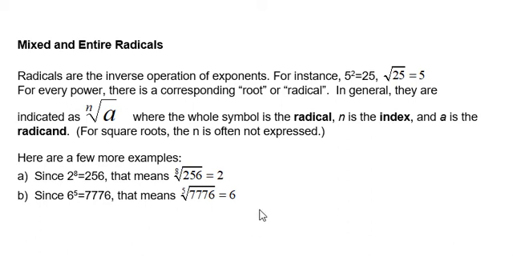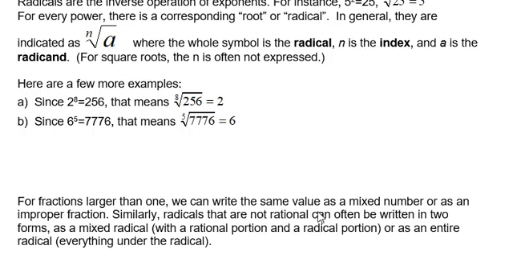But there's many that don't come out exactly, where there's not a perfect whole number that is equal to the radical. So with radicals, we can write them as mixed radicals, where we have a whole number portion and a radical portion. This is similar to fractions, where we can write them as a mixed number, or as an improper fraction. So radicals that aren't rational have two possible forms: the mixed radical form and the entire radical